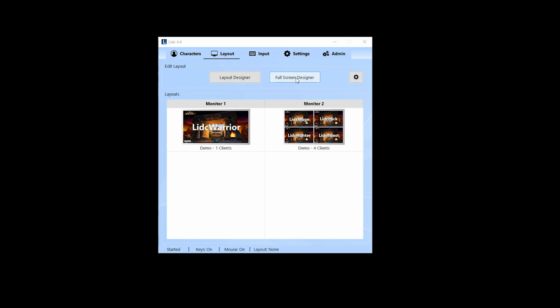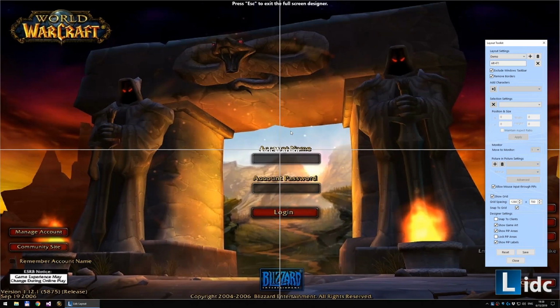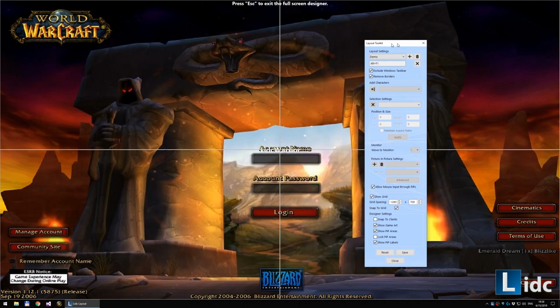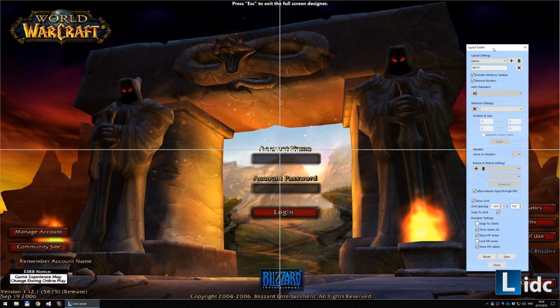To begin, first click on the Full Screen Designer button. When using this option, all the tools that you need to help you design your layout are provided in the Layout Toolkit. The toolkit includes all the same settings as the Layout Designer that we went through earlier in this video, and you can move it around your screen to any position you like. Right now, the first layout that I just created is automatically selected, so just click on Add to create a new one,